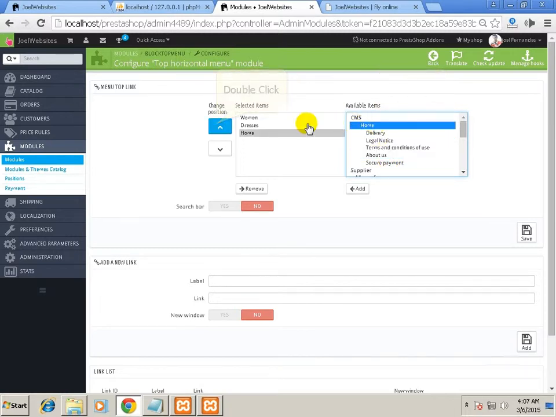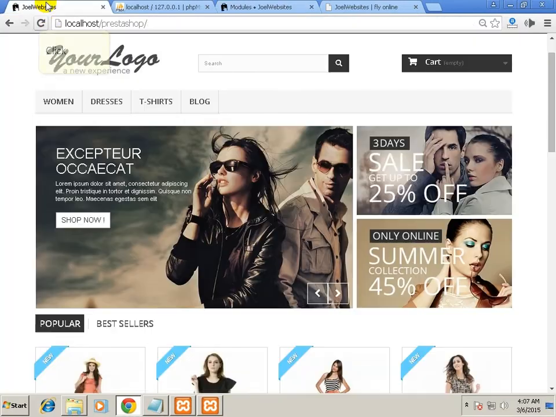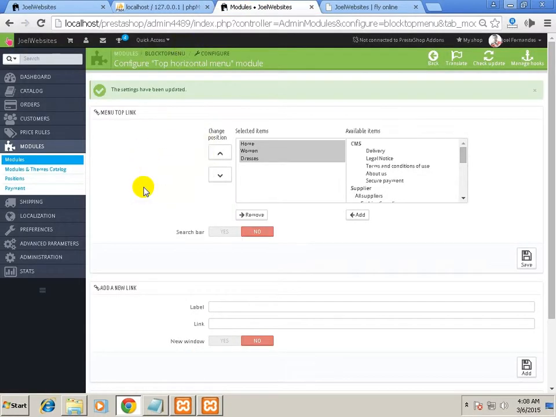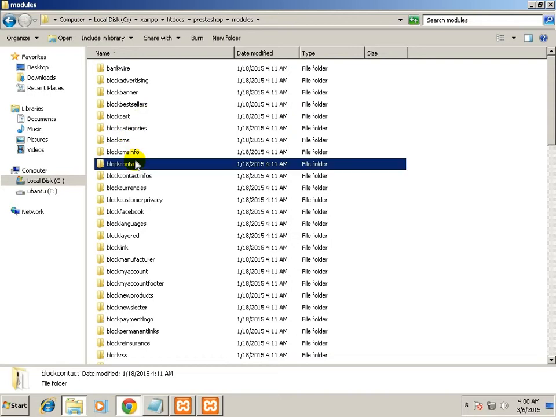Okay, so the other thing you need to know about modules is that all the modules are located in this folder. In your PrestaShop folder, it will be in the modules folder. You'll have to place your module here. If you download any module from anywhere, you'll have to download and extract it here, or you can select this option. You can add it directly from the back office in zip format if the module is too large.